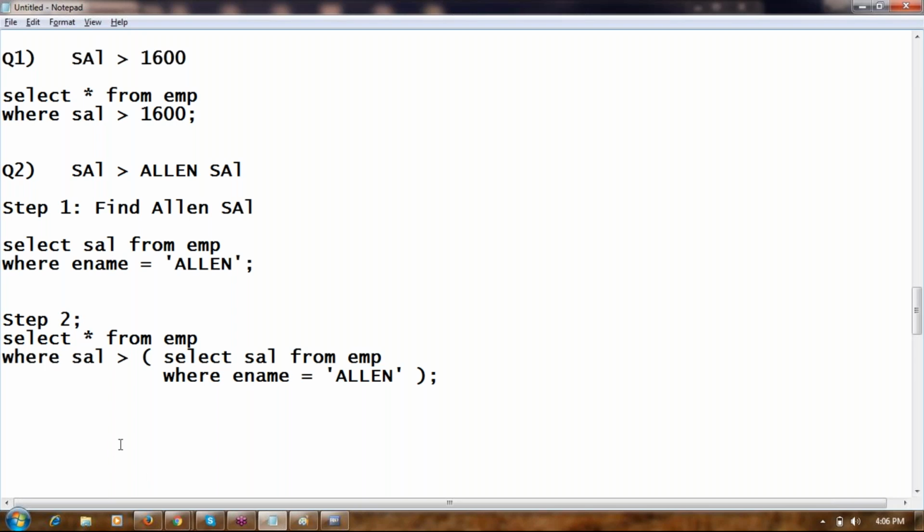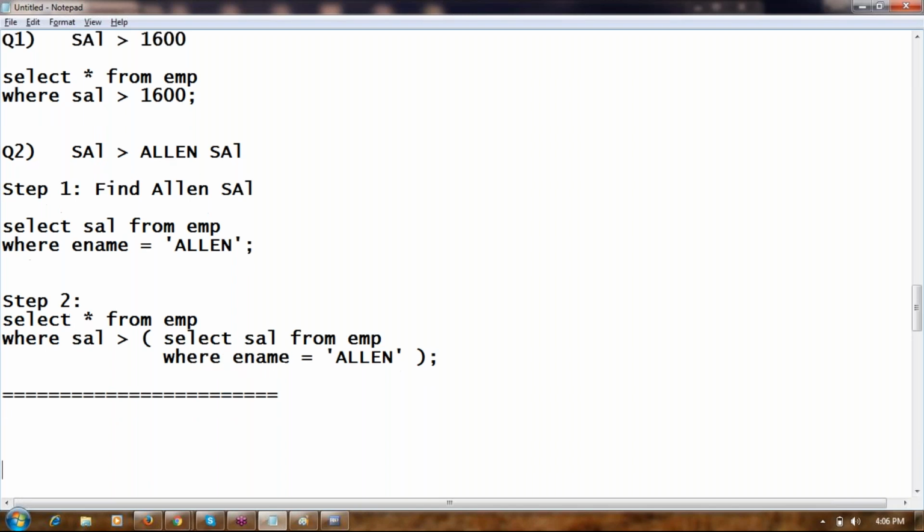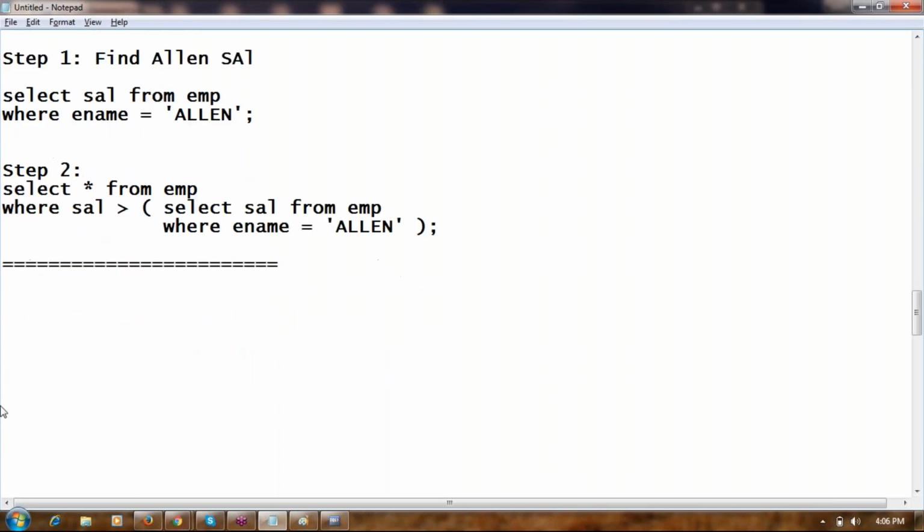Let us look at one more example. I want to display the rows which satisfy two conditions.